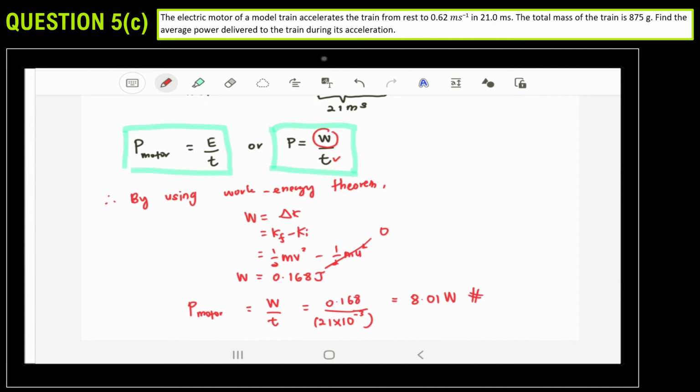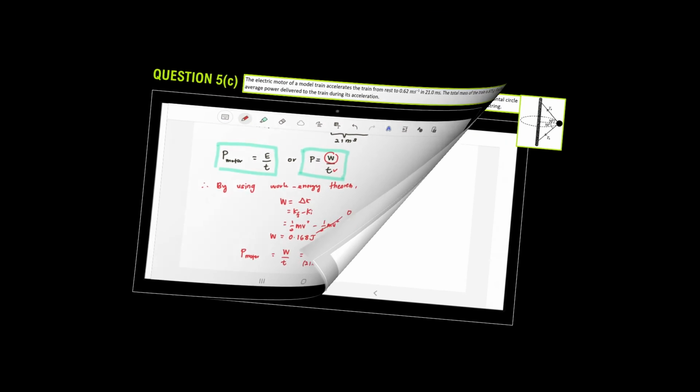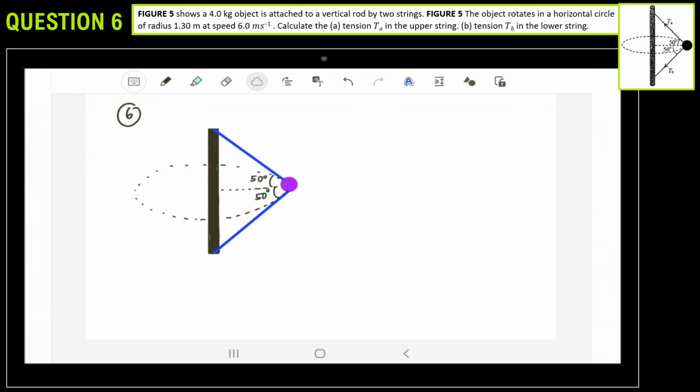Okay, that's all. So now let's proceed to question number 6. Figure 5 shows a 4 kg object attached to a vertical rod. The mass of the object is 4 kg, and the object rotates in a horizontal circle